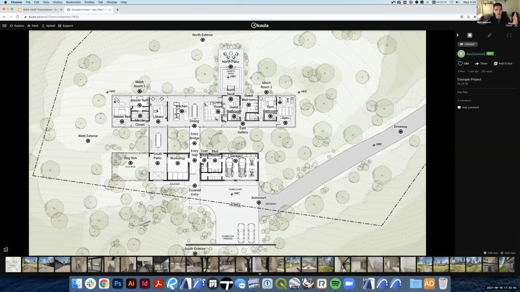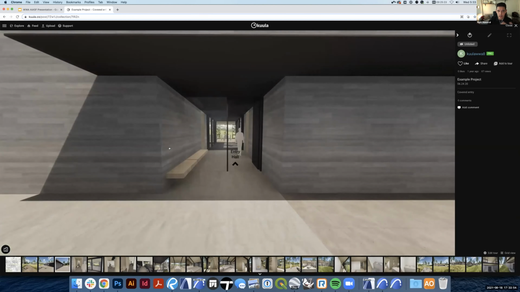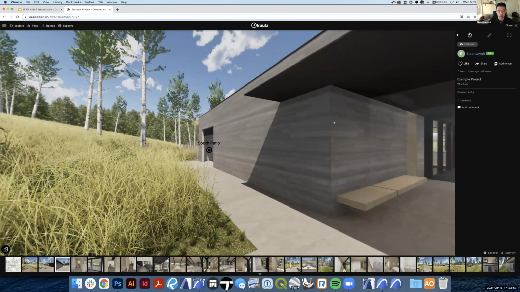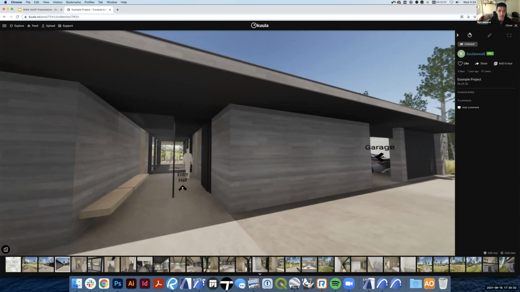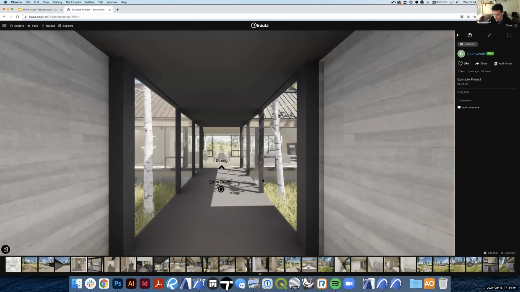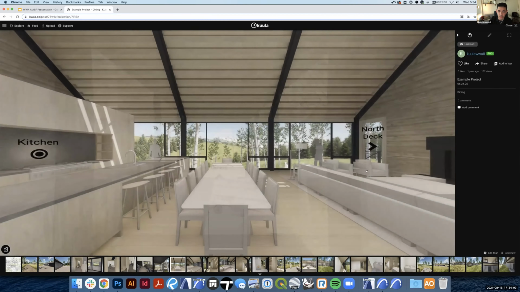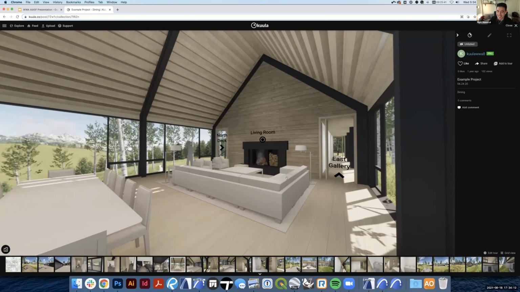So here you can see the Kula link that we're looking at, and oftentimes we'll start off with a site plan, but whether this is on a web interface or even on your phone when you're on site, it's full of these interactive dots, which you can click through. And once you take the time to go through and export your portions, this is a fully interactive cloud-based panorama program that you can send to your client. You can send it to consultants to assist with coordination. We send it to contractors just for initial pricing, to really help them, and not just clients but anyone, bridge the gap between our 2D set of documents and what we're hoping to have the building really be